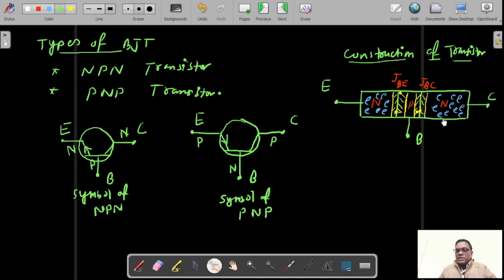But emitter and collector both will be huge as compared to the base region. Now, density-wise, the emitter region, these electrons will have higher density, and definitely the P region, that is the base region, has a very low concentration of charge carriers, and again the collector region has a higher concentration. As compared to the collector, the emitter will be slightly greater in concentration, and due to that concentration only we find the transistor current equation, that is